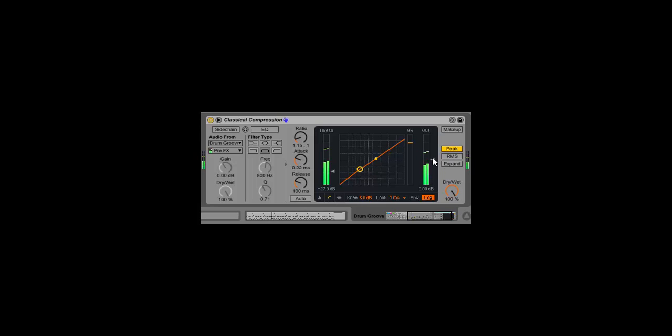I'll increase the gain. I'll increase the ratio now, and I'll just put it as 6 for now. So after this compression, the ratio that I increased, you could hear that the sound is more roomier, and also